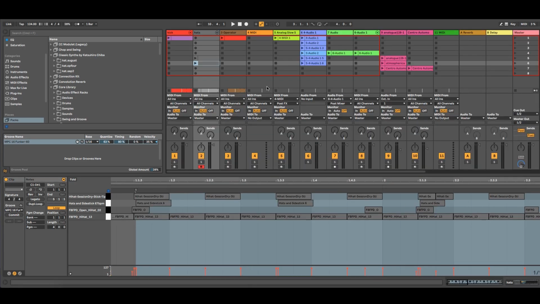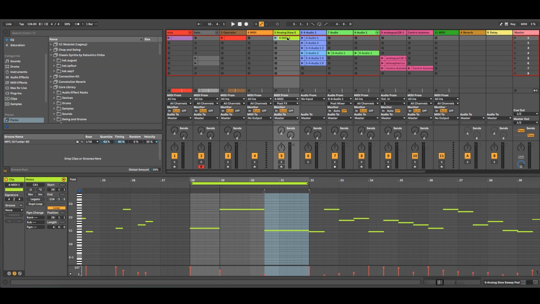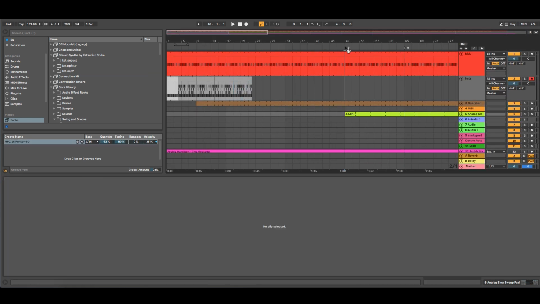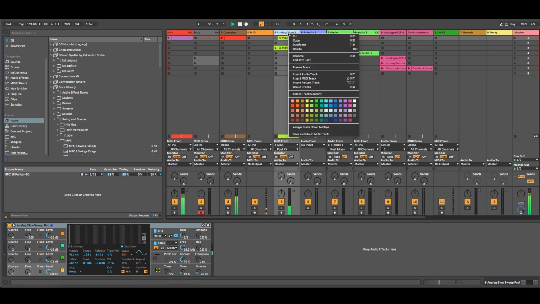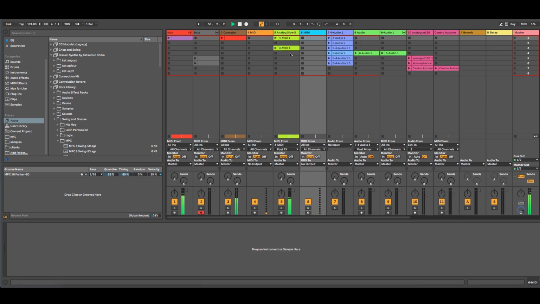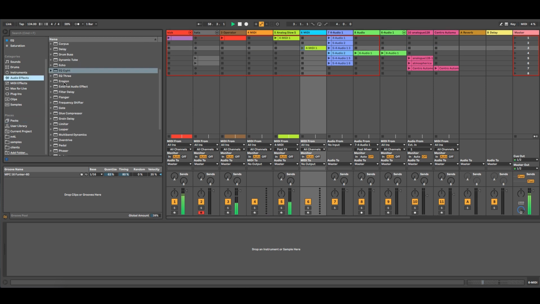I need to get back to my MIDI here, so I'm just gonna grab this and put it here. So we have the longer notes, which is the pad. Okay, cool. So that's one. I'm gonna add another MIDI. Go get Operator again.